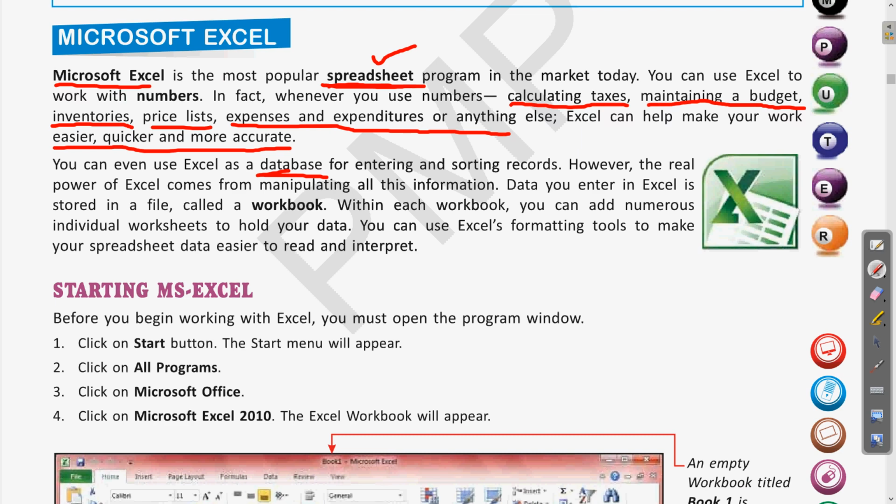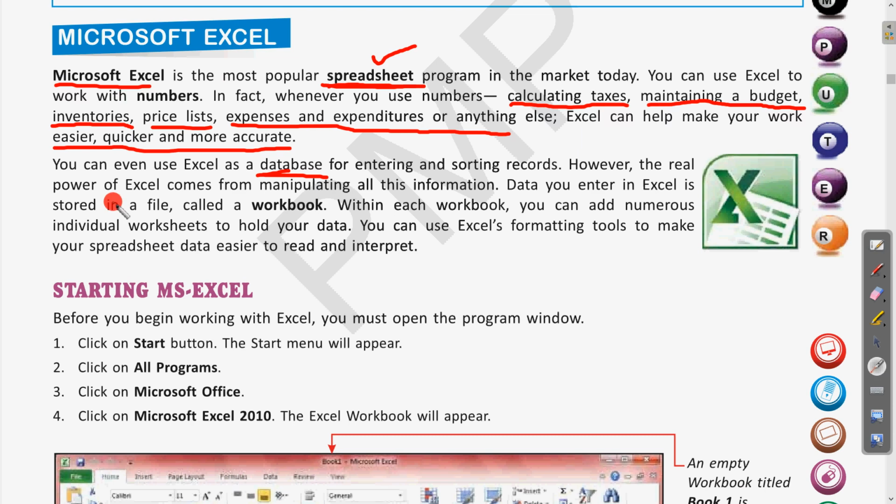For another example, if there is the railway reservation system, when you go for booking tickets at the railway reservation counter, the clerk at that place keeps and manages the database, enters all your details and books the ticket. Clear? So this way, the different related information of the persons when placed at a single place is called a database.